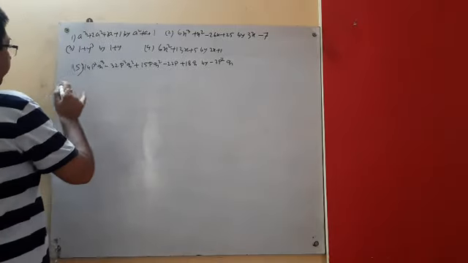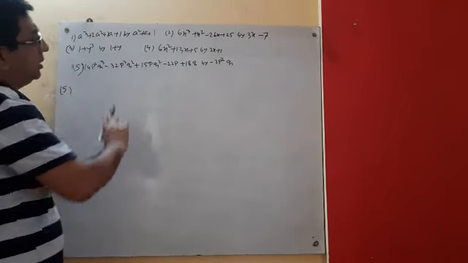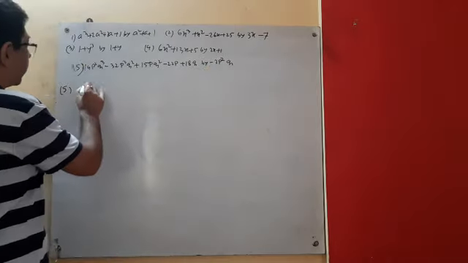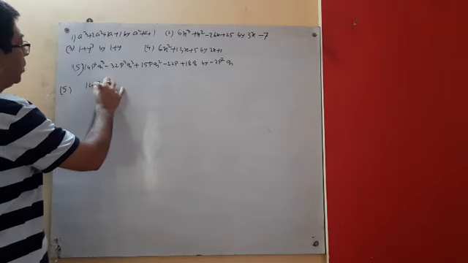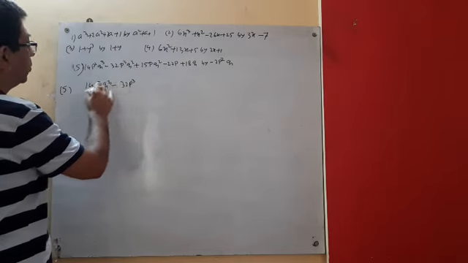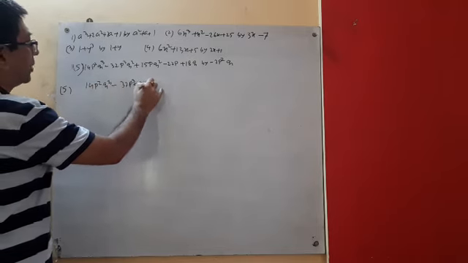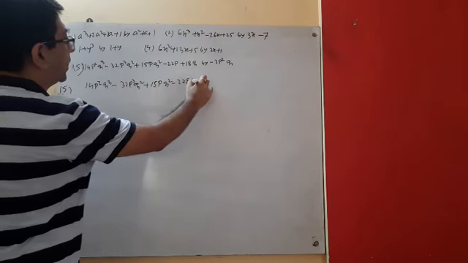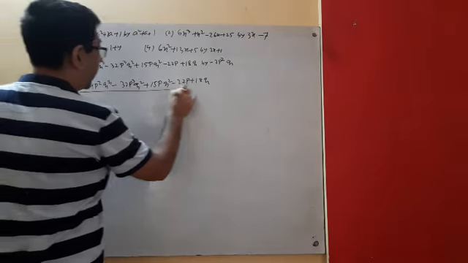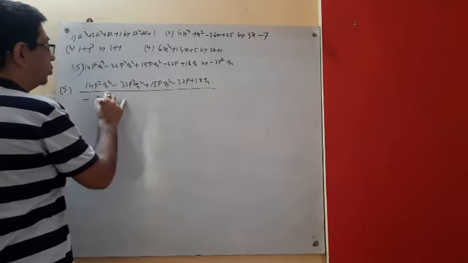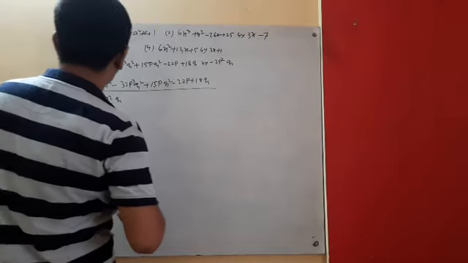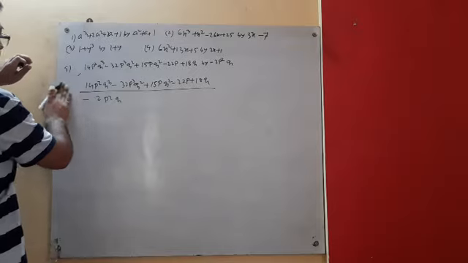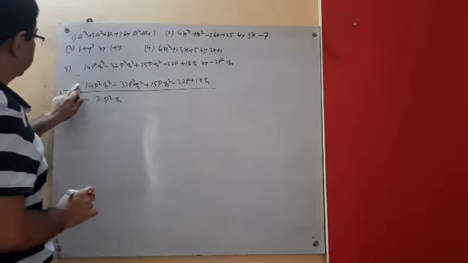Start with number 5. Look, this one by this one, there is only one term, and with a minus sign. So we can write 14 p square q cube minus 32 p cube q square plus 15 p q square minus 22 p plus 18 q by minus 2 p square q, because we are dividing. Suppose I have copied the sum here and I am doing it here, just to save my time.